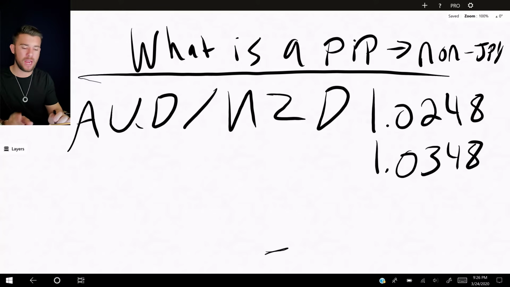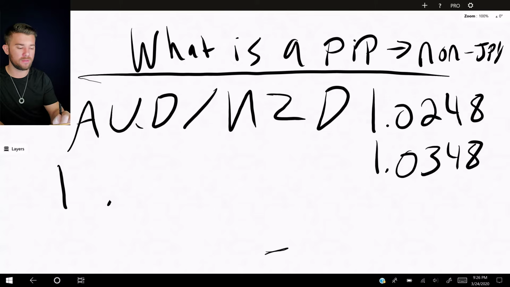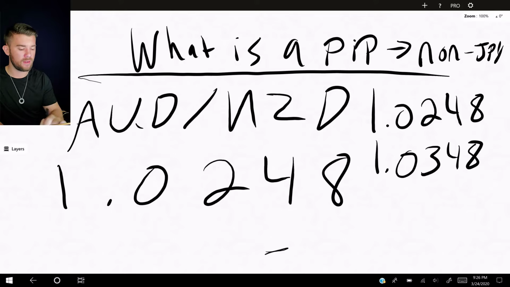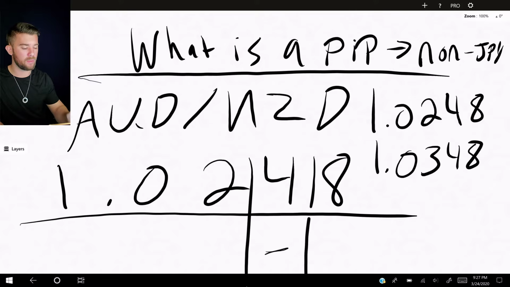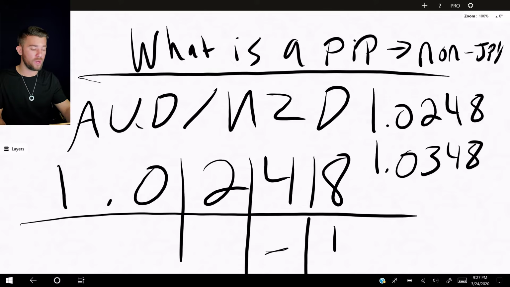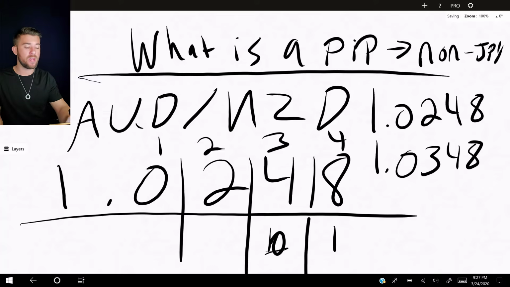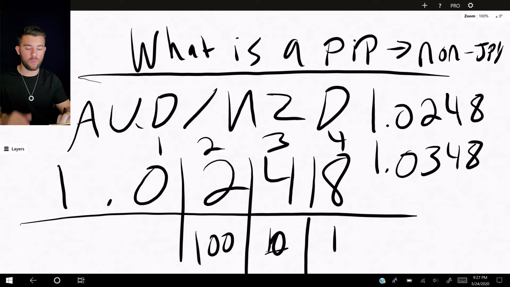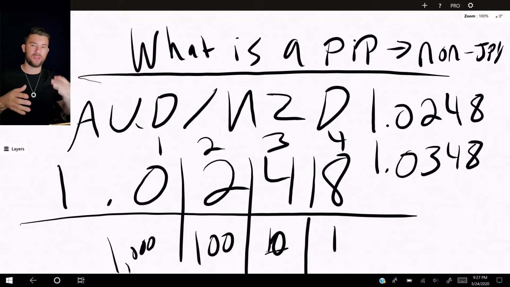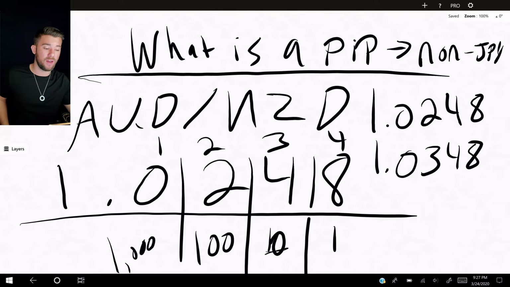Let's draw out our table one more time to make this very easy. 1.0248. Okay? Here we have our little table that I like to make. At this point, we have our ones, our 1 pip, which is the fourth decimal. Our tens, which is the third decimal. We'll write this out too. 1, 2, 3, 4 decimals. We have our 100s, and the 0 would be the 1000s. You don't really have to know that. That's kind of irrelevant unless we have some kind of super crazy market moves. But in this case of the Aussie New Zealand, from 1.0248 to 1.0348,